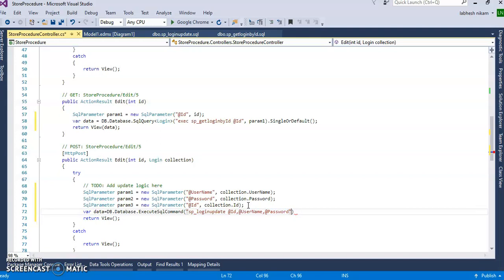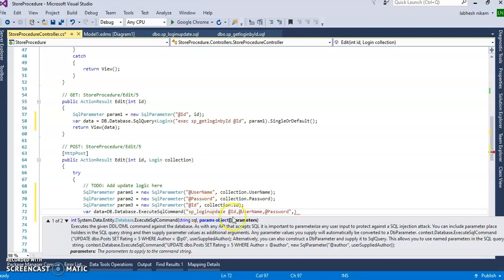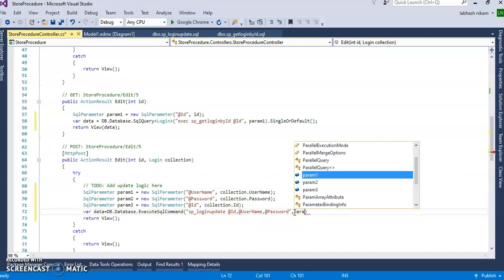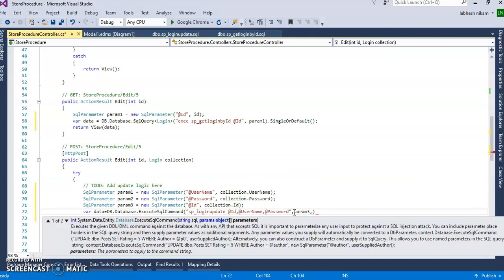You will pass what you have taken first, ID, and ID's object is param3, so you will pass param3. Then you have taken username, so username is param1,